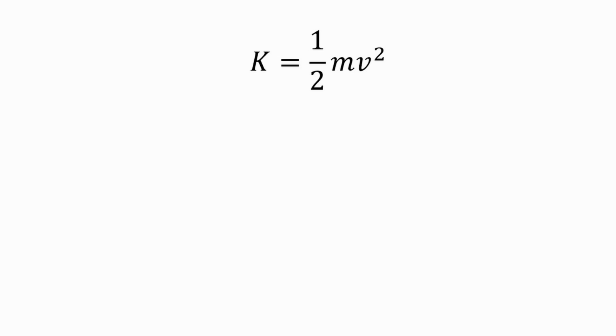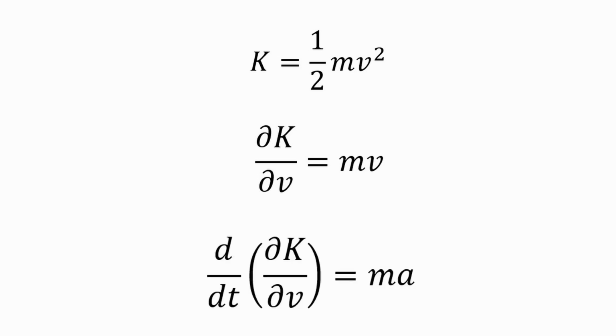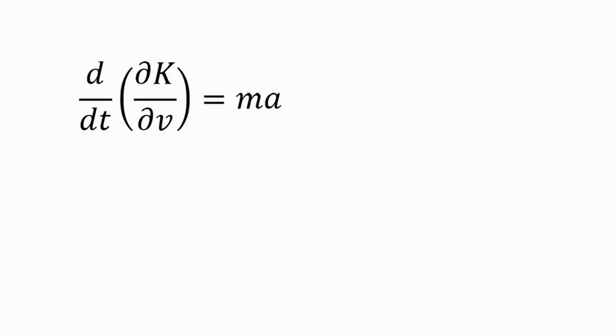Taking the partial derivative with respect to velocity we obtain. Taking the derivative with respect to time we obtain. The force and potential energy potential are linked by the following equation. So Newton's second law can be written as,